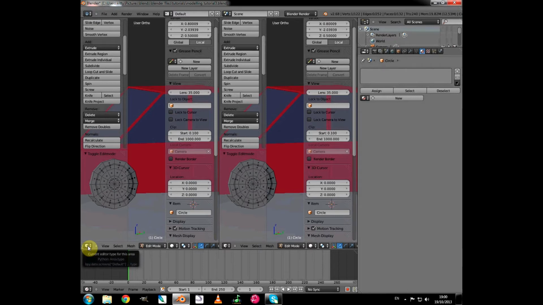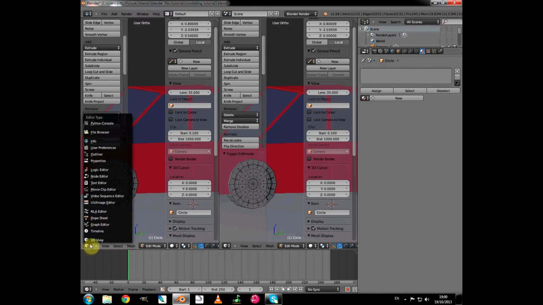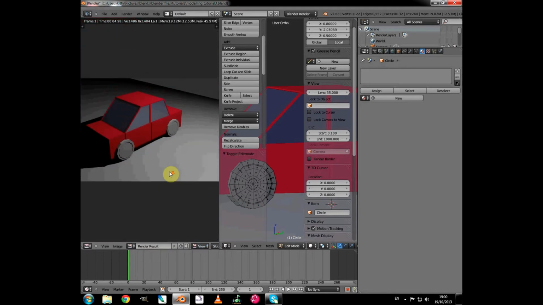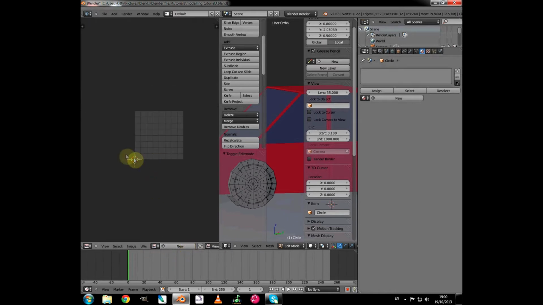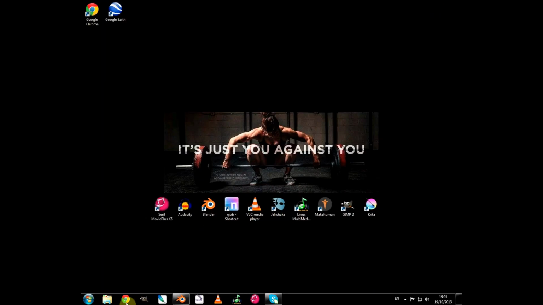I want to go to this menu here, bring up the editors menu and click on UV image editor, and that brings us back into our rendering image space. But we don't want to see the render image, so we'll click where it says render result, we'll click X, and it brings us this 2D grid, and this is where we're going to put our image and unwrap our wheel. But first we need an image, so if we minimize Blender for the moment and open our browser,